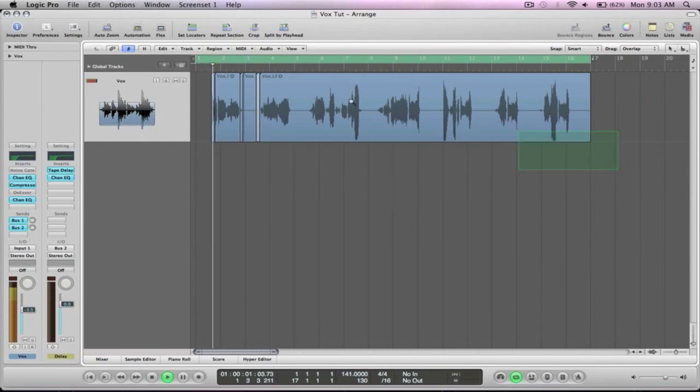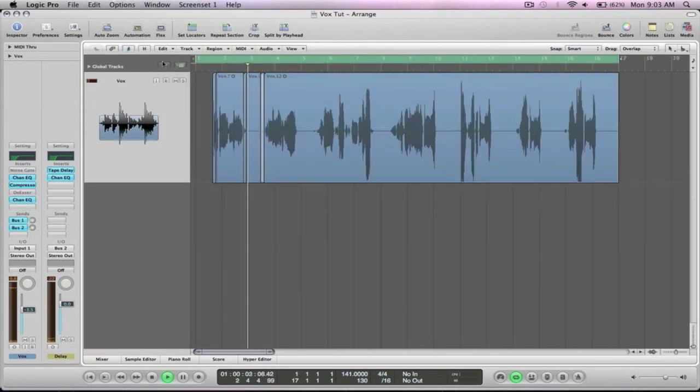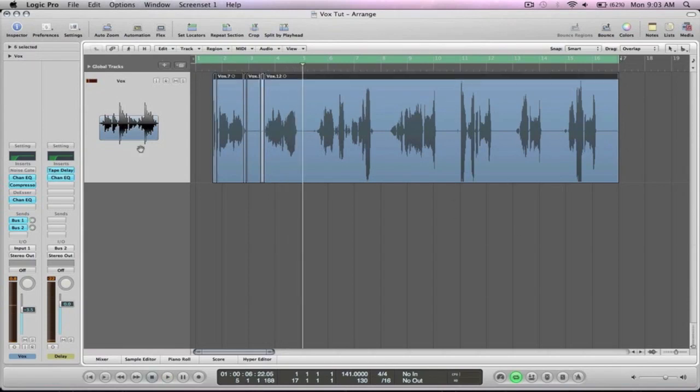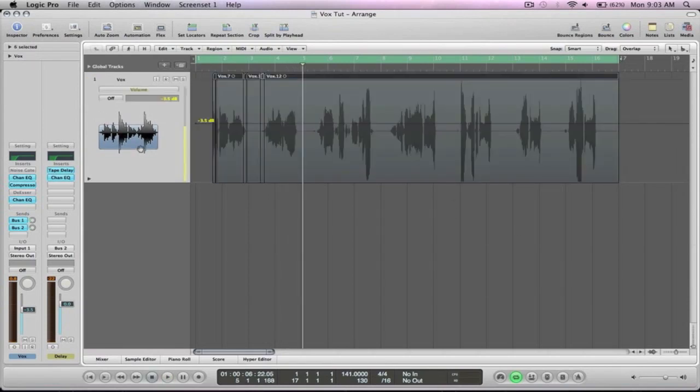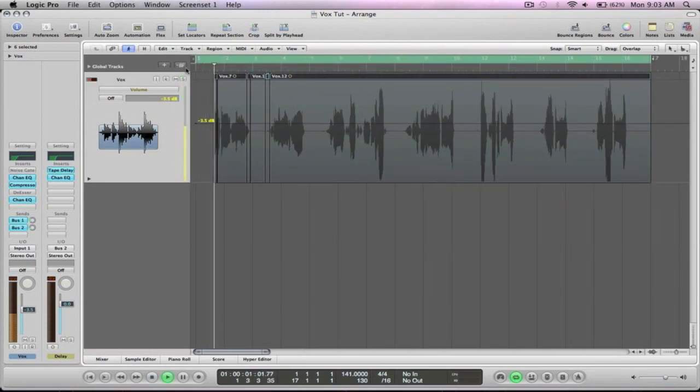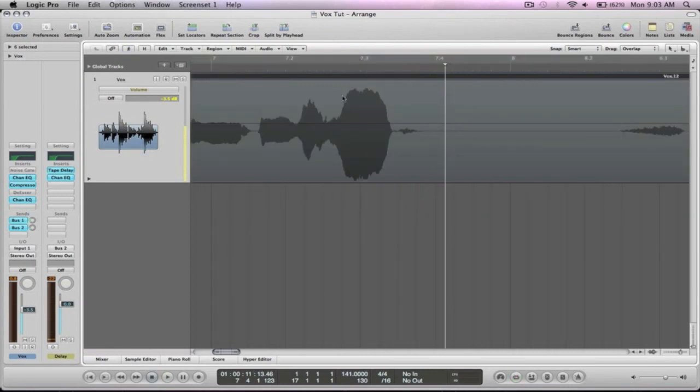And once you've got it to this point, you're kind of happy where it's sitting in the mix and everything like that. One thing you want to do is come along and really, this is where it's really important to do it with the mix. You can already see here there's a couple of elements that are a little bit loud. So that one hits a little bit hard. So what you can do is just come in